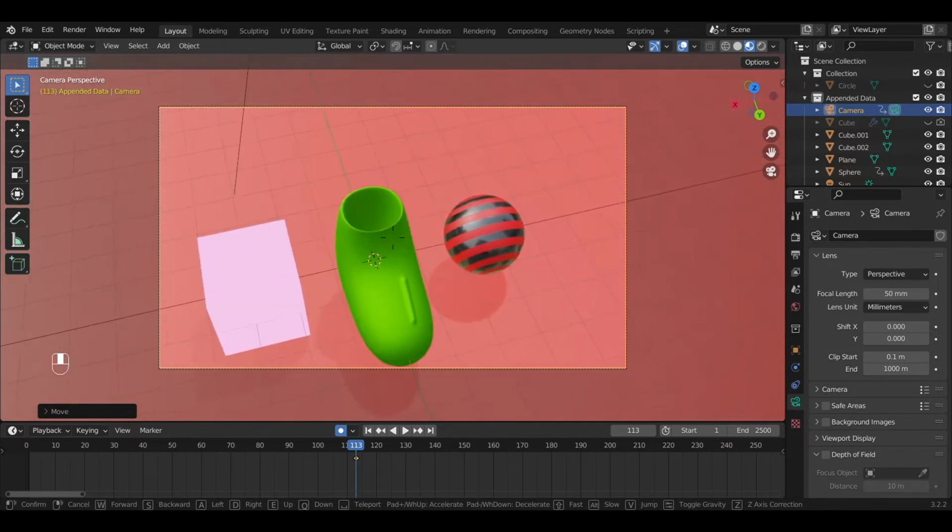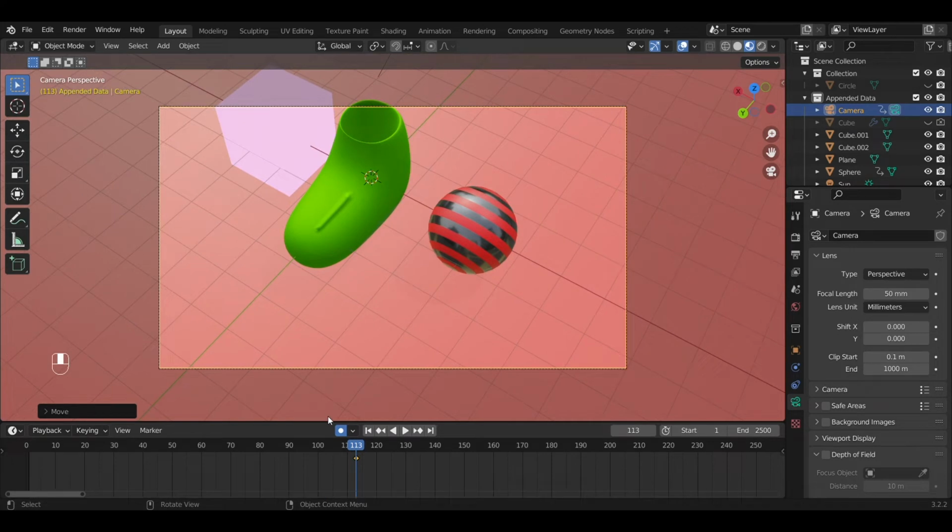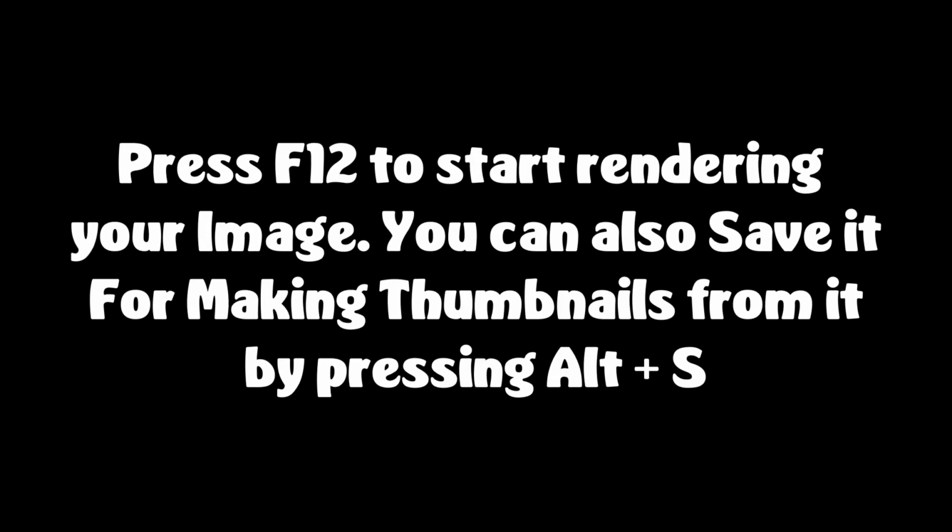Okay, so you see this thing over here. I have to delete the frames on this one. Okay, turn off those frames. Now if I see the camera is moving there, and if I press F12,